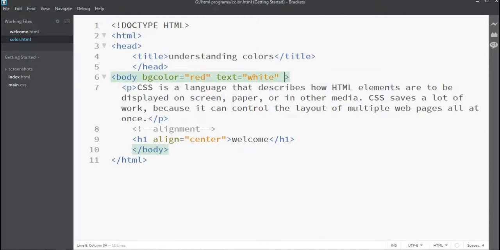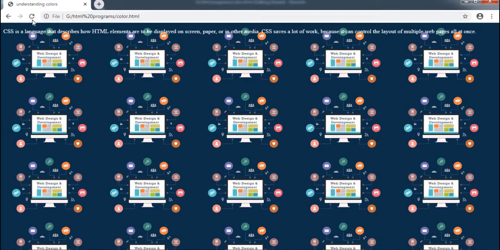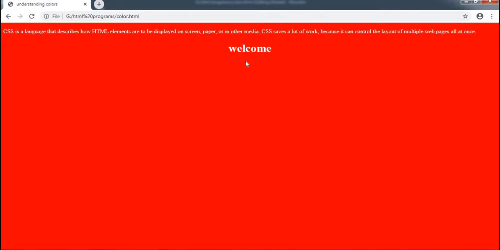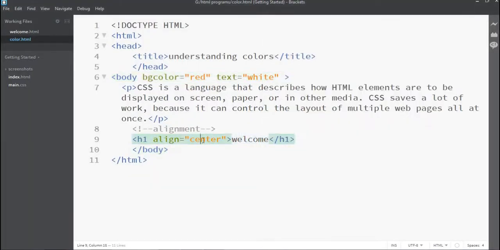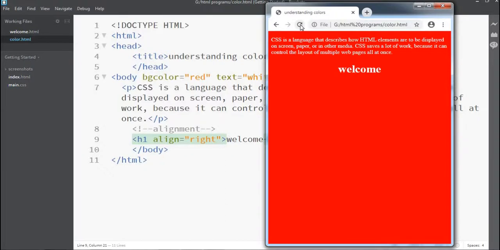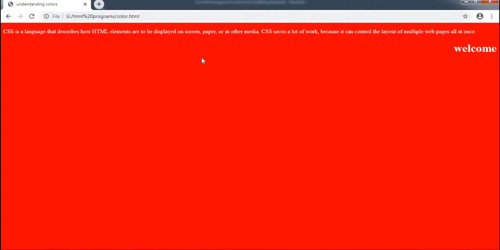Now see, when you refresh it, with the help of align the heading is coming in the center. Again, if you want to change it, I just want it in the right position. Now try to run it. See, the position is now on the right side.